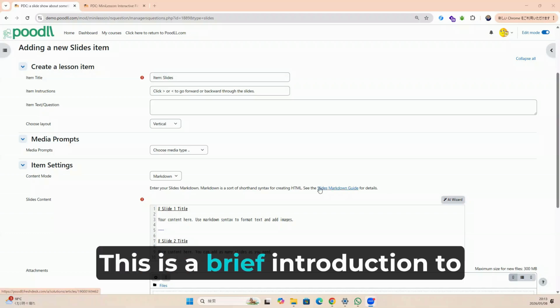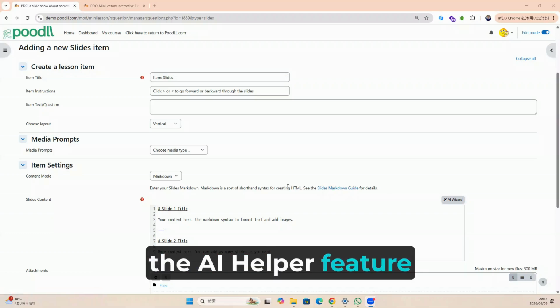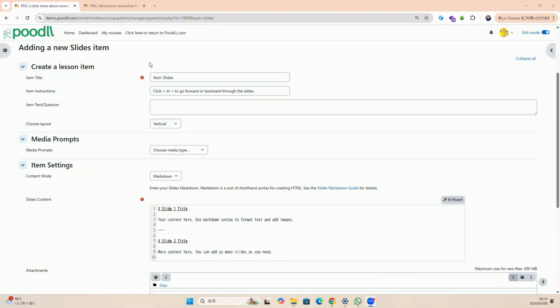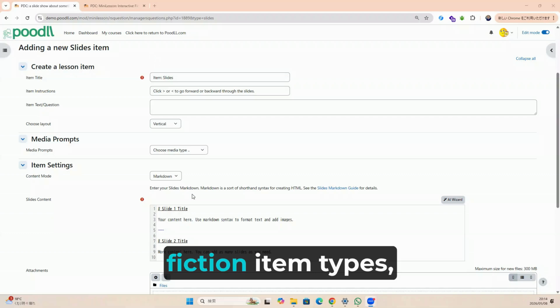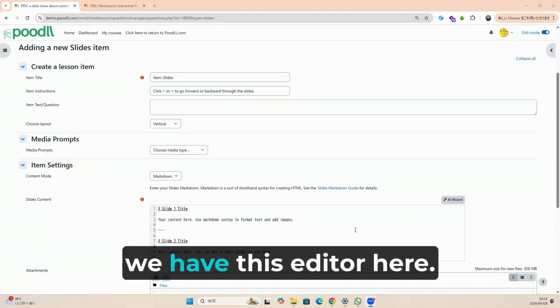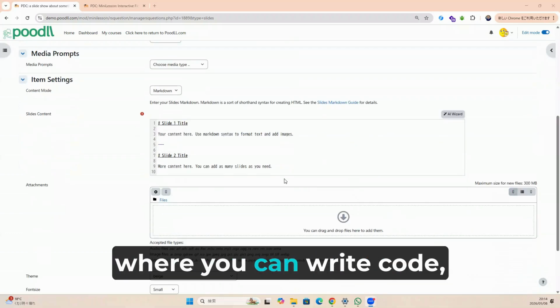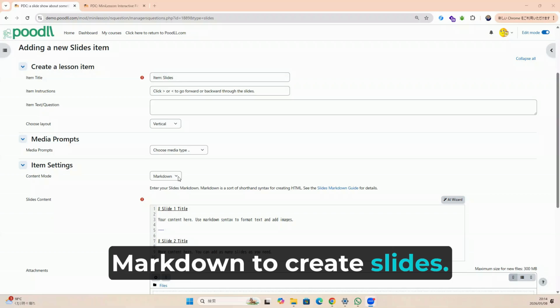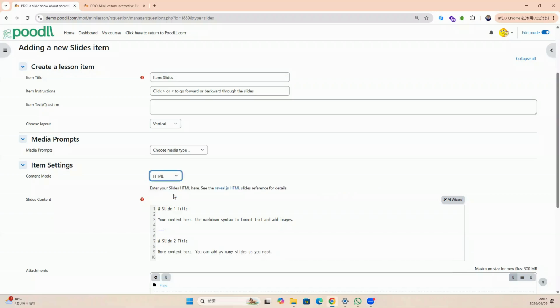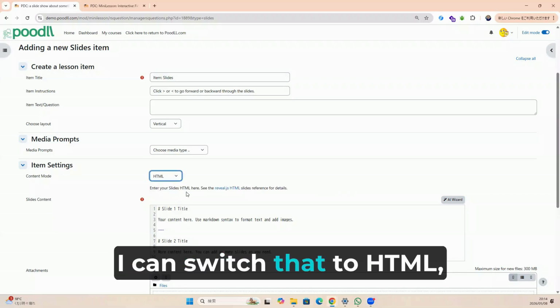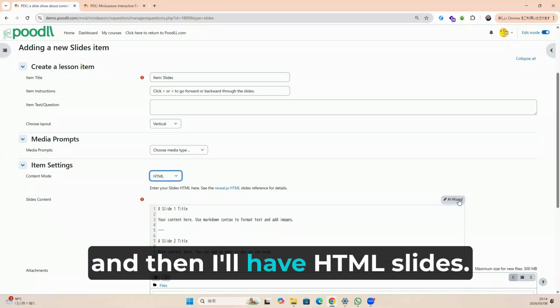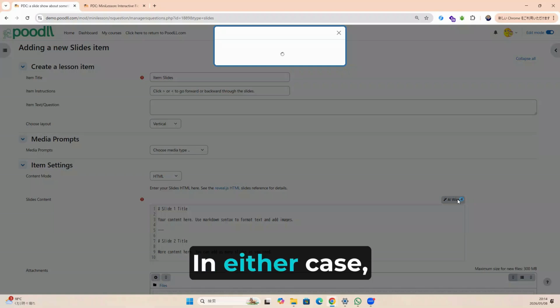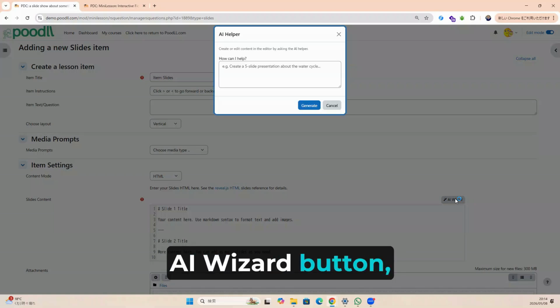This is a brief introduction to the AI helper feature in MiniLesson. In the slides and the fiction item types, we have this editor here where you can write code, in this case, Markdown to create slides. I can switch that to HTML, and then I'll have HTML slides. In either case, when I click on the AI wizard button,